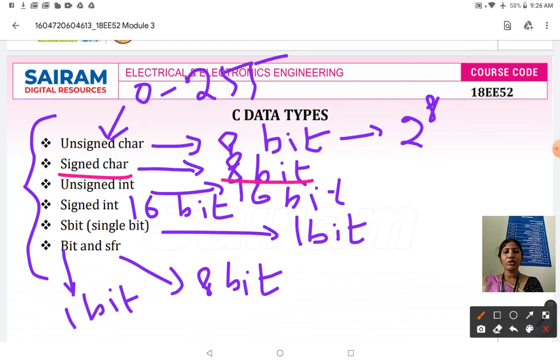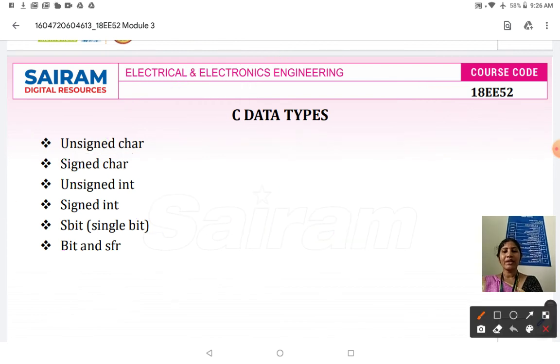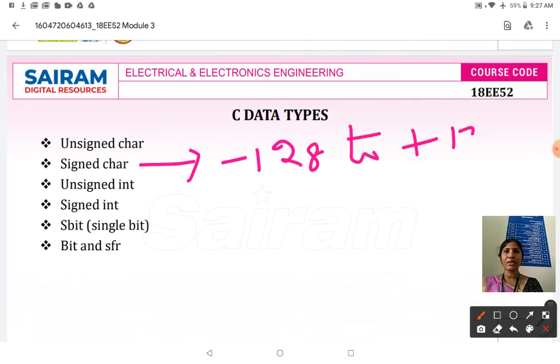Signed char is also an 8 bit data type. 2 power 8 again gives 256. Since it is a signed char, both positive and negative numbers are represented. Therefore, the signed char data ranges from minus 128 to plus 127.